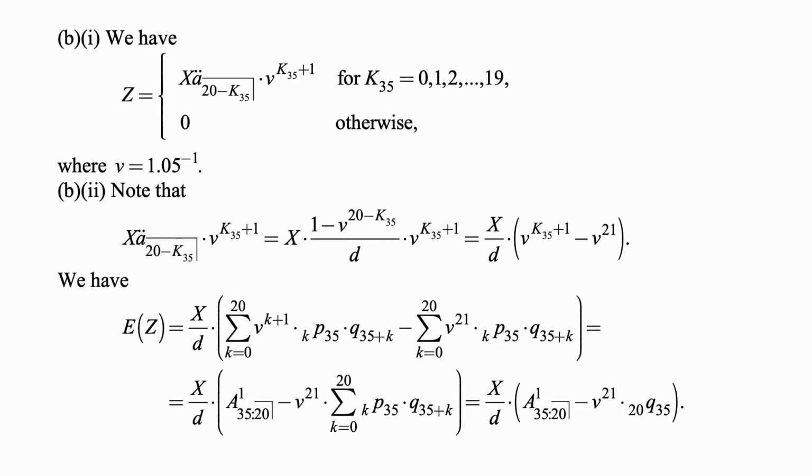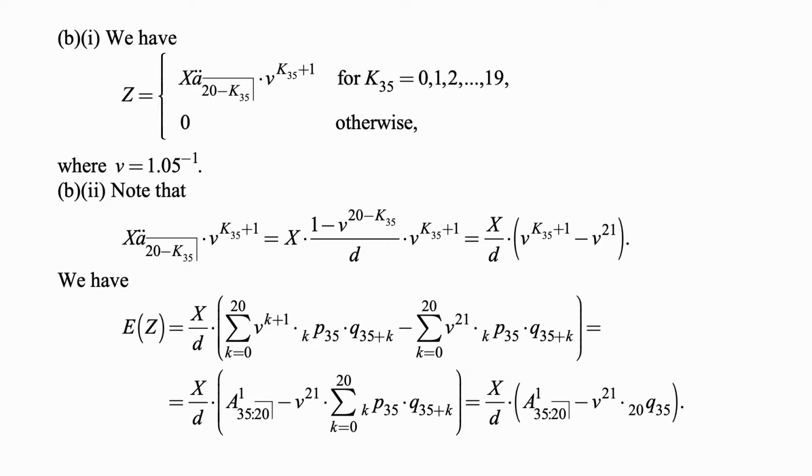The second expression is V to the 21 times the sum from K equals 0 to 20 of K P35 times Q35 plus K. But that's simply considering deaths for all possible years of the policy, so that's just 20Q35,